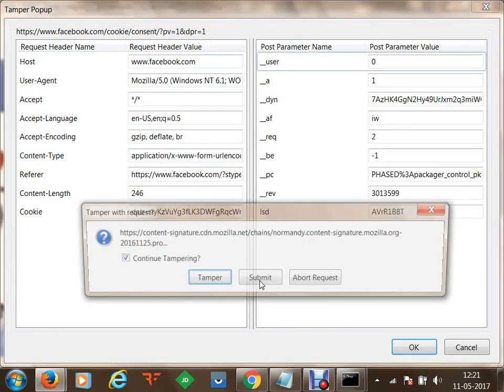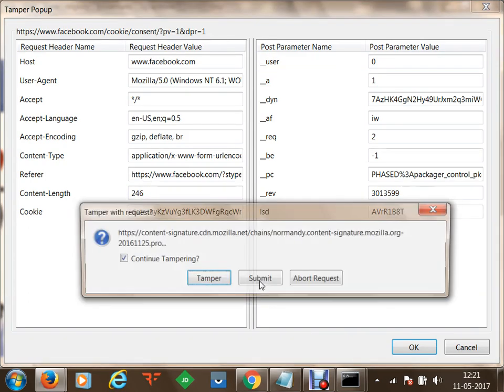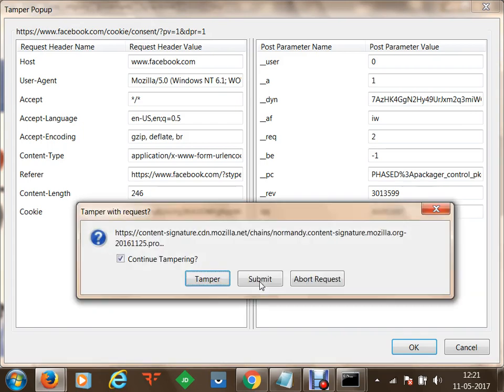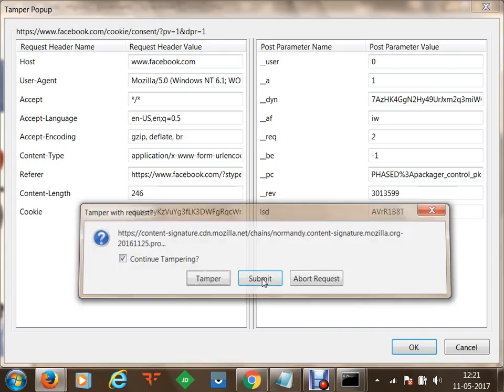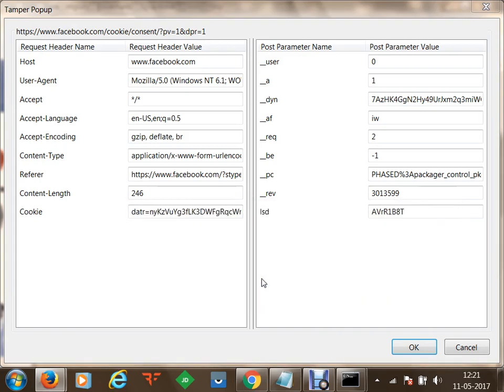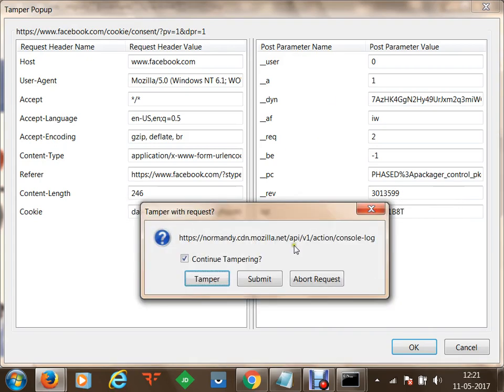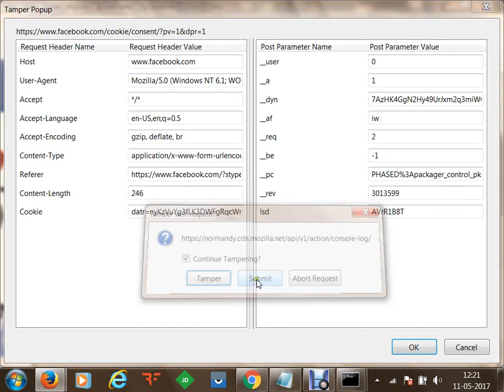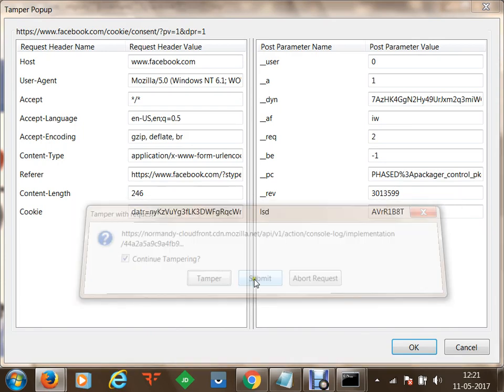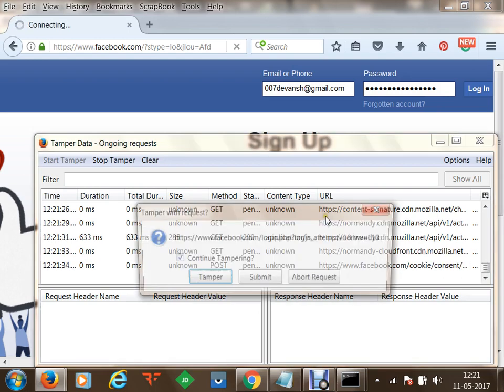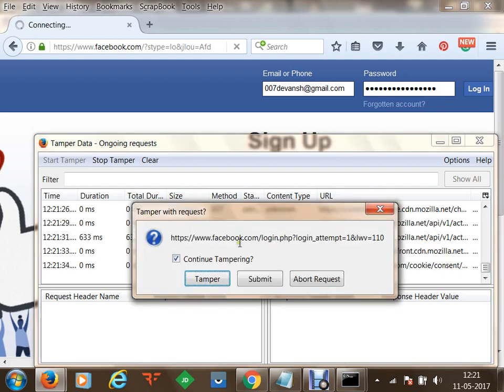Now there are individual requests which are being sent through the match the signatures part. Now let's say we are going to submit this, and once we have submitted that, we have got connection to the next request.